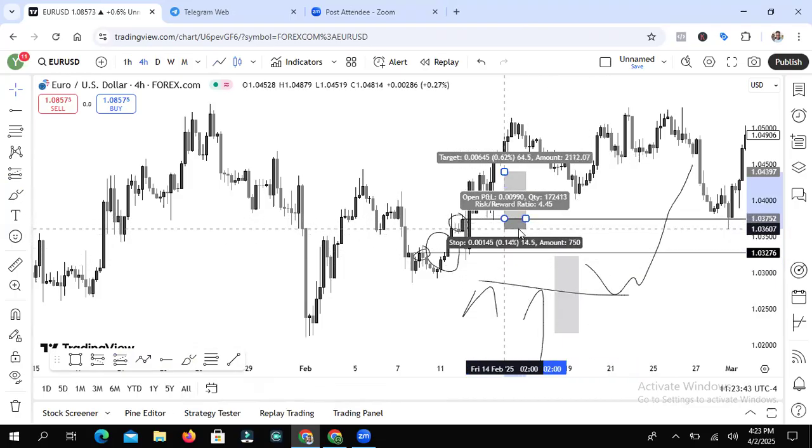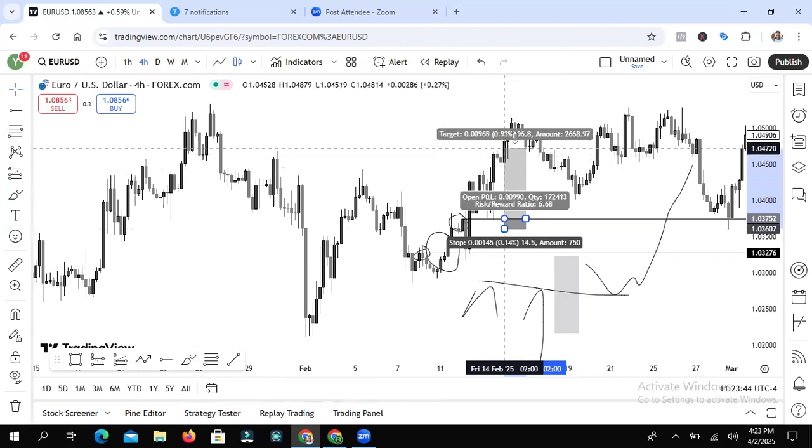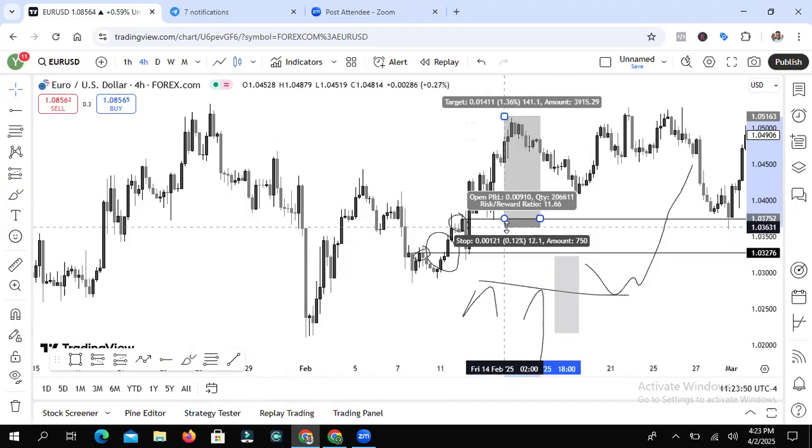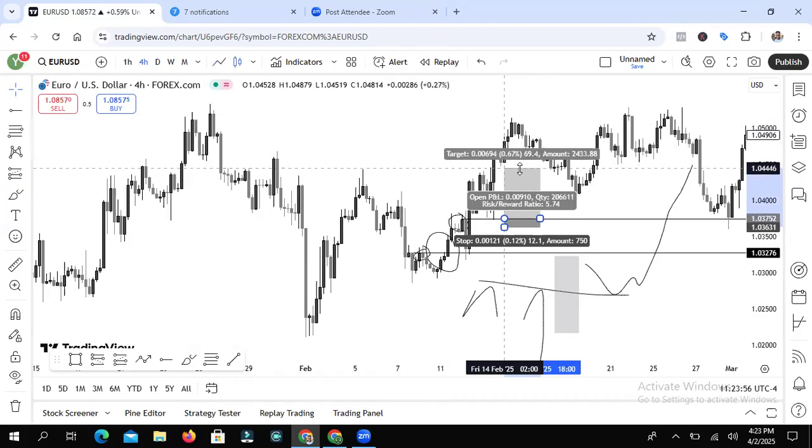So it's on the chart. You can always practice it on your own. You will see it. I'm just trying to show you with just 10 pips. You are already in. And then how many RR? 11 RR. You are done. Even if you want to target 5 RR, anything, you are good to go.